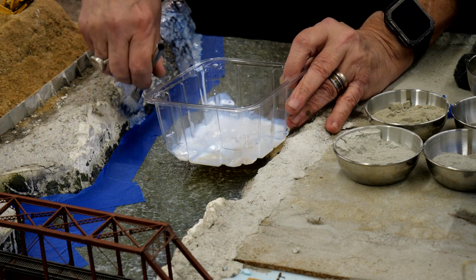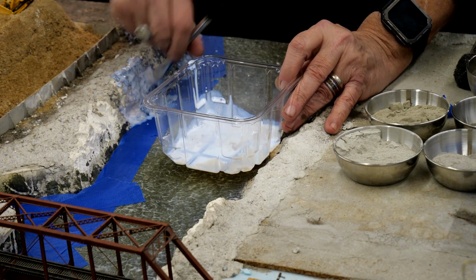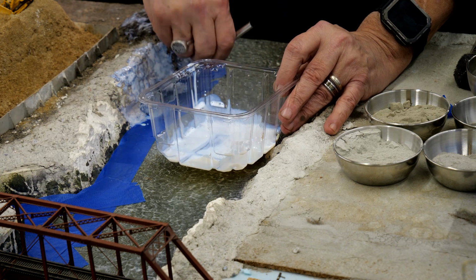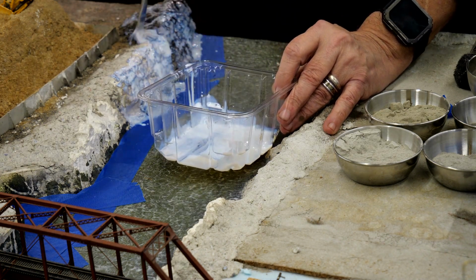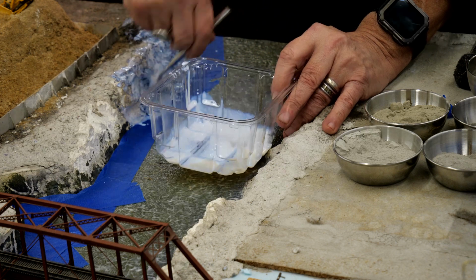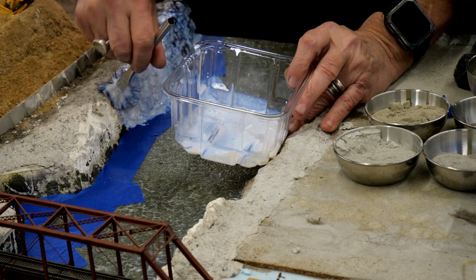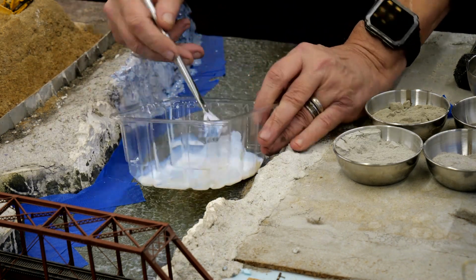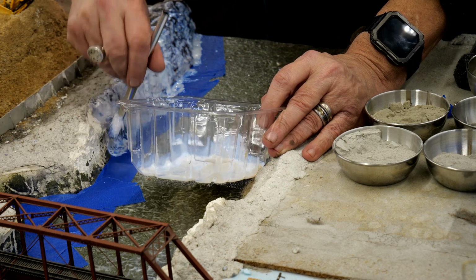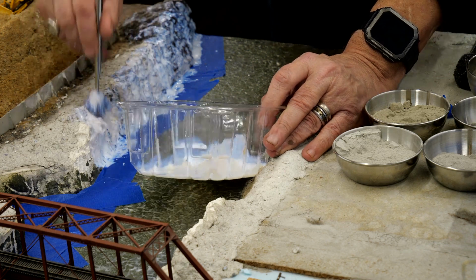So I'm just taking the basic glue and I am pushing it into all the crooks and crannies of the rock faces here. Some of this rock face is actually plaster of Paris rock molds, and some of this is my own sculpted mold. Now you want to make sure that you get all the glue in everywhere. You leave a little bit out in this method, and it's a pain in the butt to fix it afterwards. You really have to wait until everything dries, and then go in with a small brush and play around with it to get the